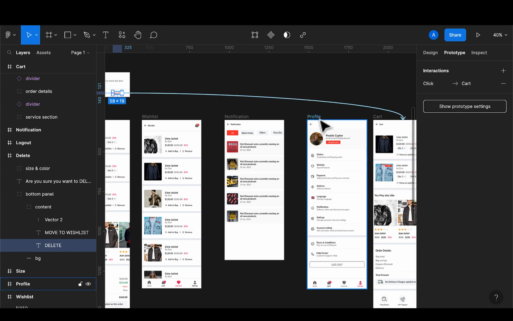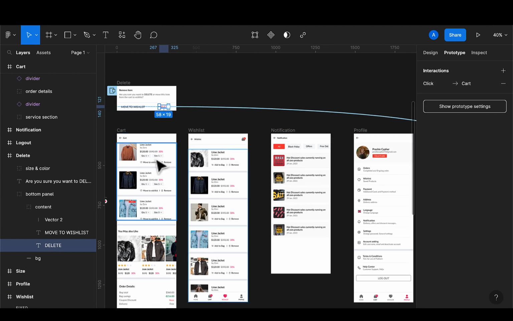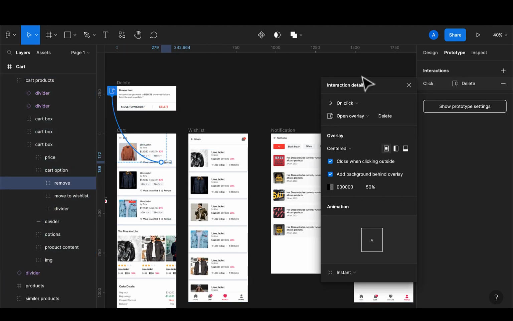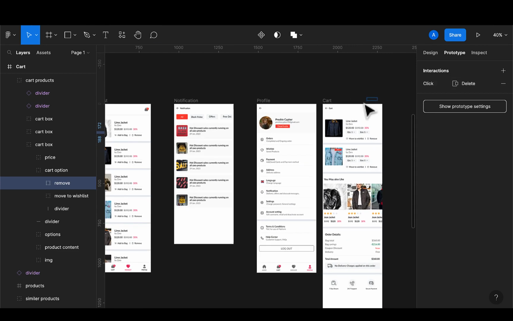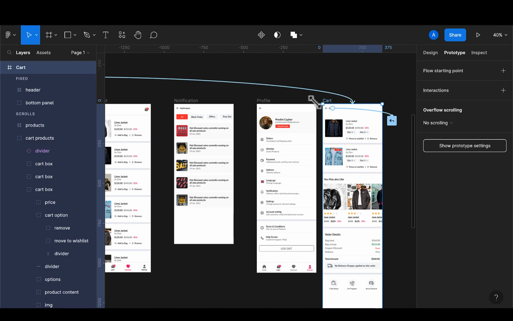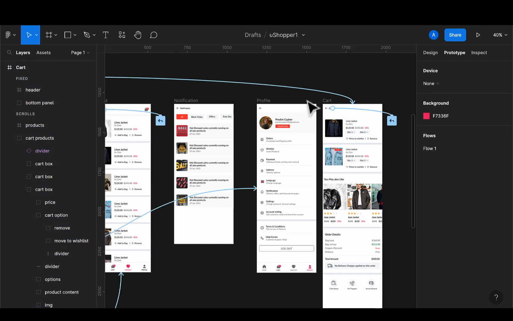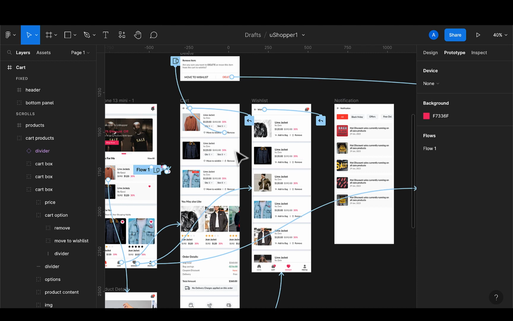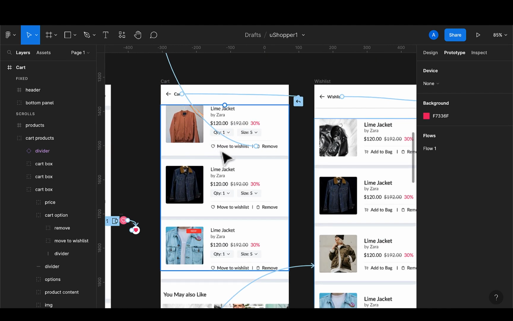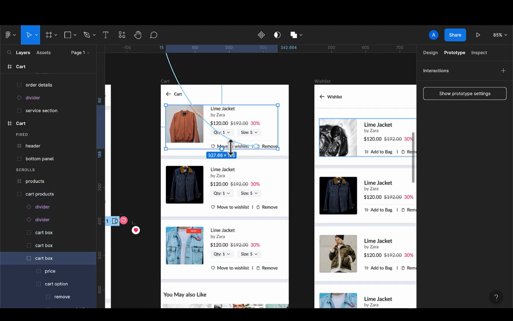So what that means is that if you click on delete, this item here goes to the top and then gives us this screen here, giving it that deleting feeling, to just disappear from the screen with animations. So I think we're done. The same thing with the move to wish list. So I would double click on move to wish list here,